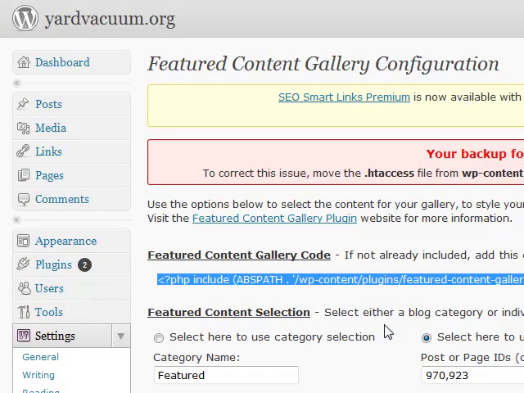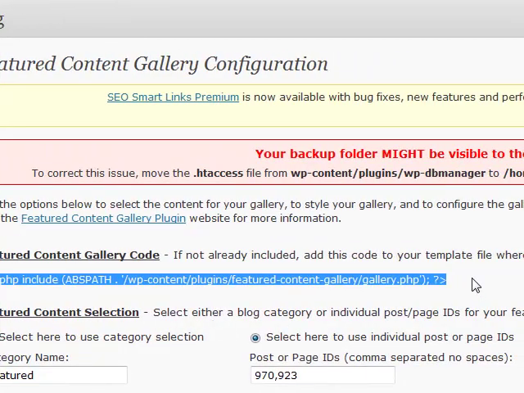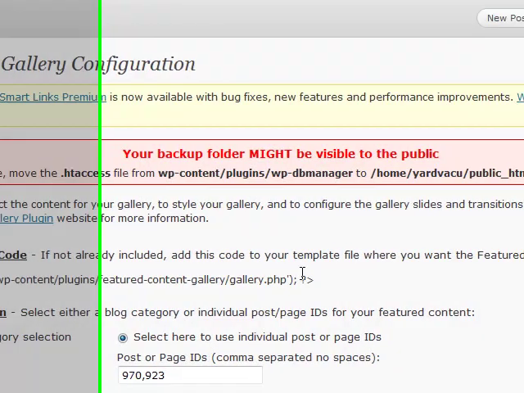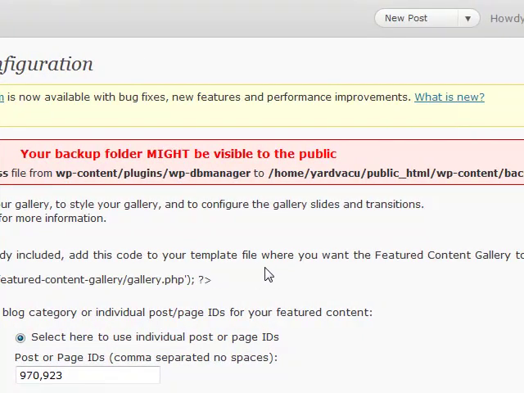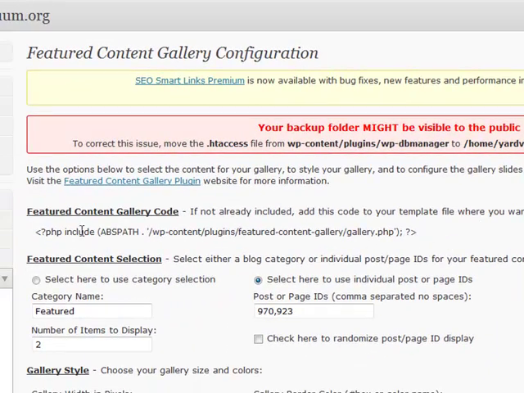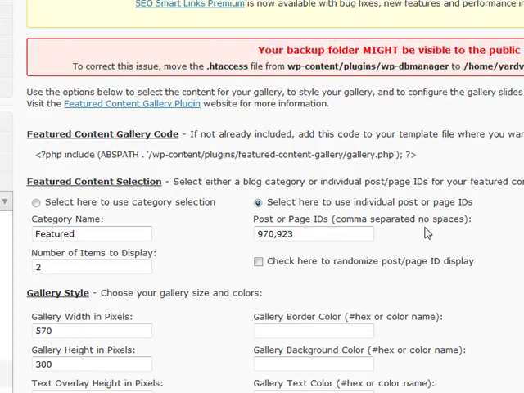But if you're going to use this plugin on another theme, then you're going to have to, as it says here, if not already included, add this code to your template file where you want the featured content gallery to be displayed. As I say, it's already included in this one, so you don't need to worry about it. But if you're going to use this plugin on some other theme, then you have to look into this. And there's a really good explanation of this over on the gallery plugin download page. All right, next,